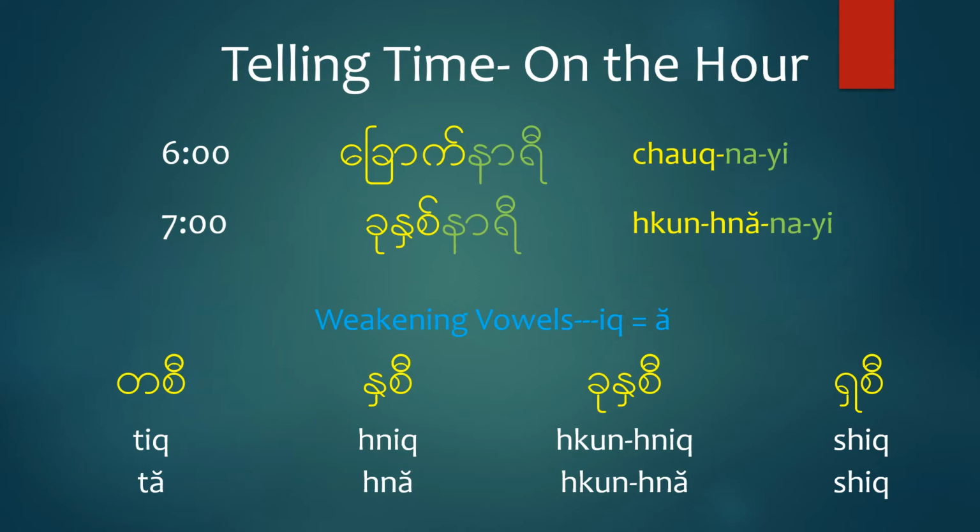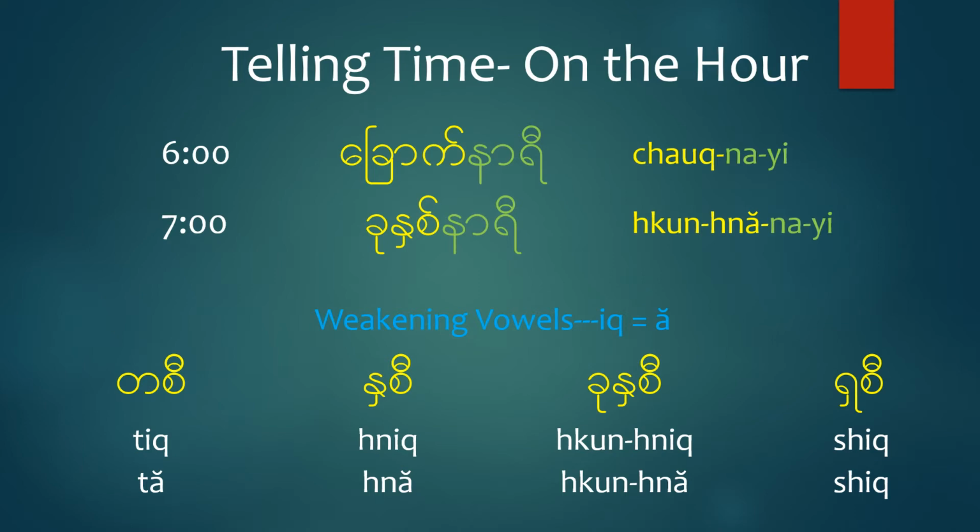Well, now why did we do that? Well, we did that because of a method that's used in grammar in Myanmar, more than just in telling time, but in reading altogether. It's called weakening vowels. So in this case, we're using the stopped tone vowel, it. And wherever we use the stopped tone vowel, it, if a word comes after it, such as the word for hour, na yi,